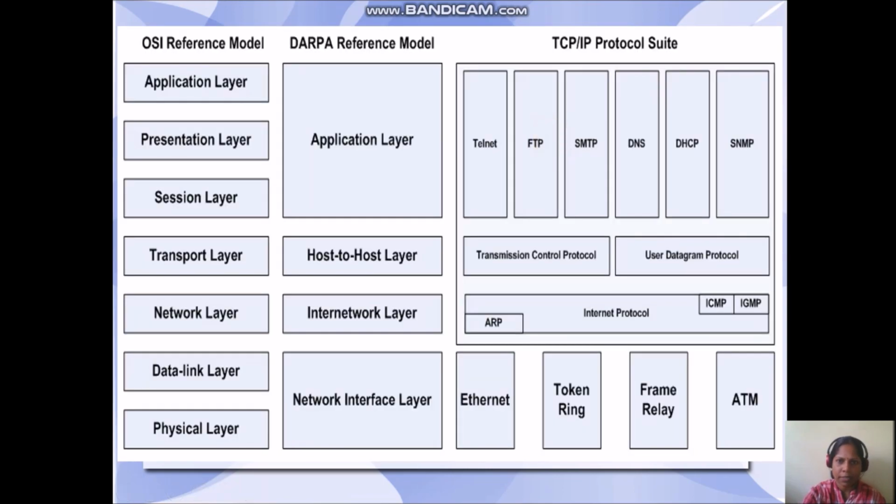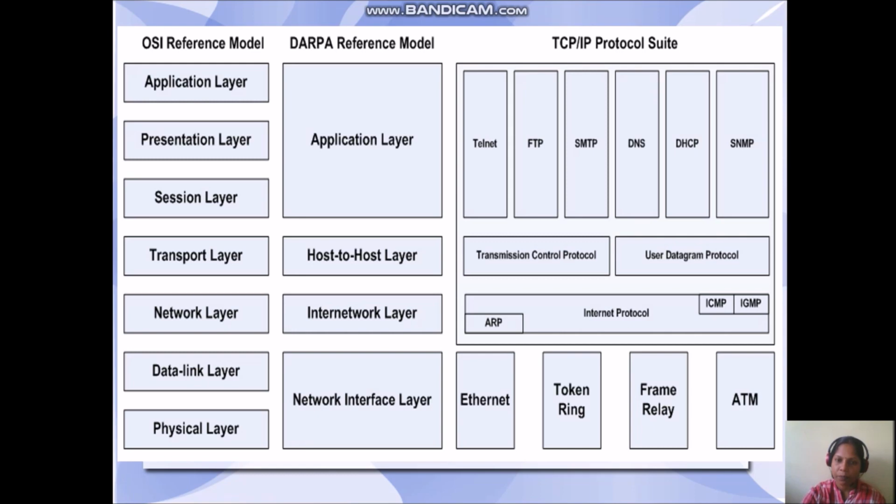So where do all these layers come? In the first module, we learned two reference models. One is the ISO OSI reference model, that is given on the left end. We have 7 layers starting from the physical layer to the application layer, and we learned about another model called the TCP/IP reference model. This is a very interesting picture. Here in every layer the protocols are written, so it is easy for you to remember the protocols and the corresponding layers. That's why I am including it here.